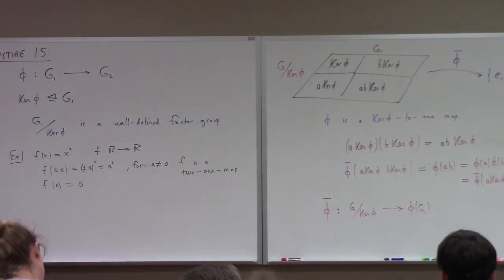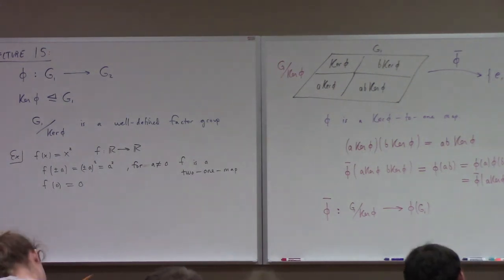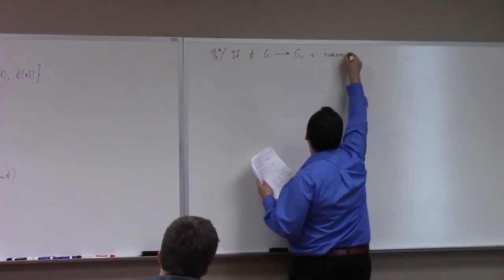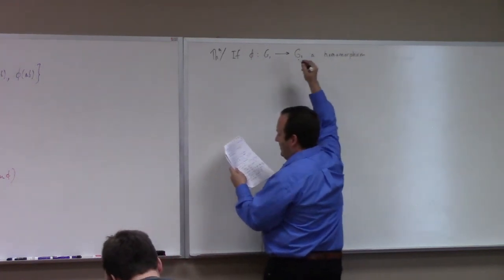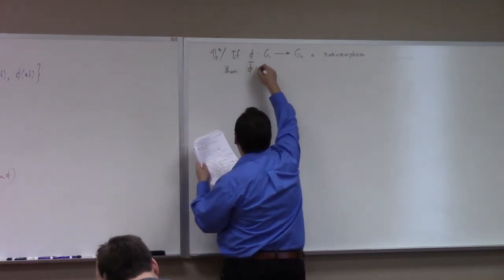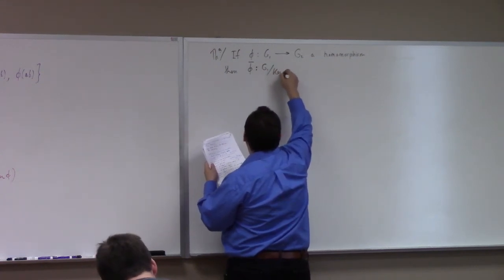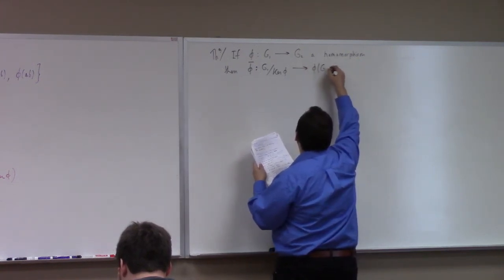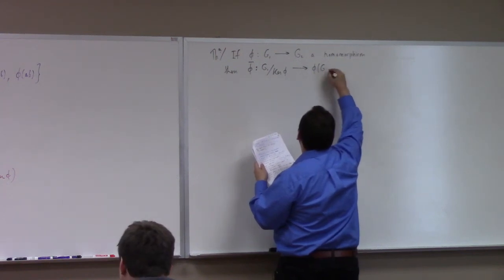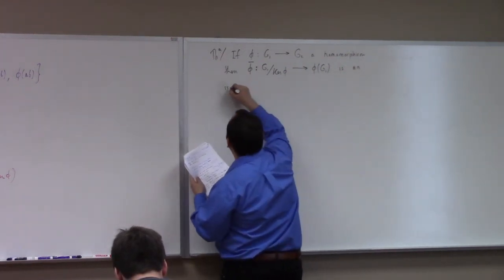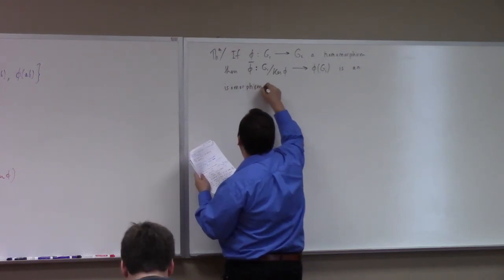Yes, here we go. So here's the theorem. If we have a homomorphism phi from G1 to G2, then phi bar from G1 mod the kernel of phi to phi of G1, that's the image of phi, is an isomorphism, where